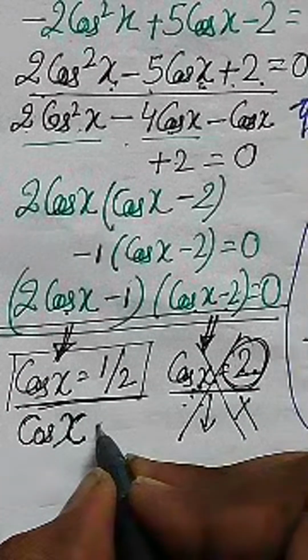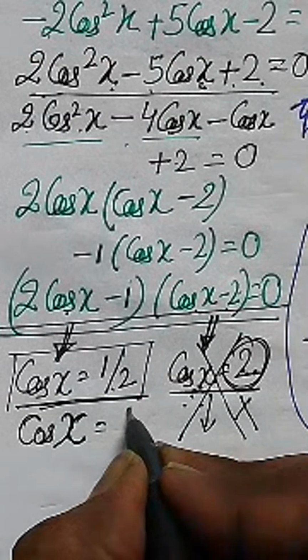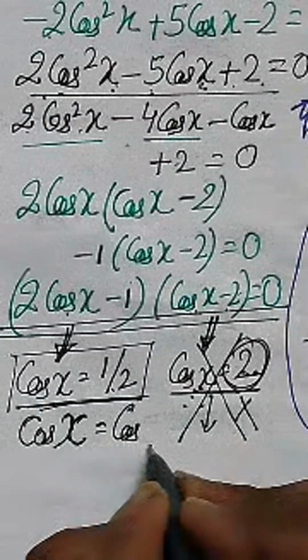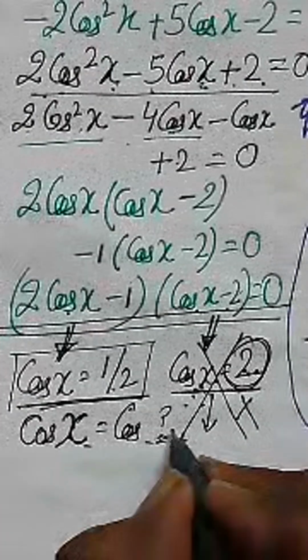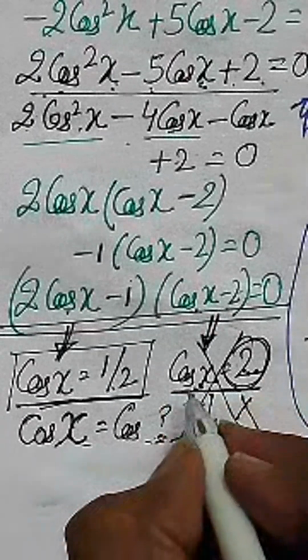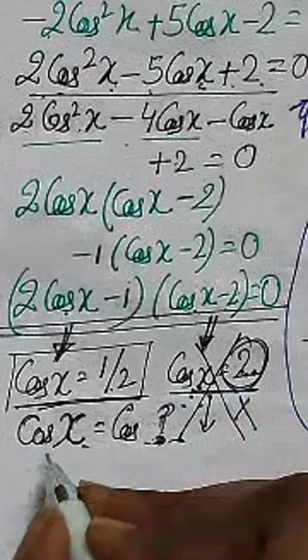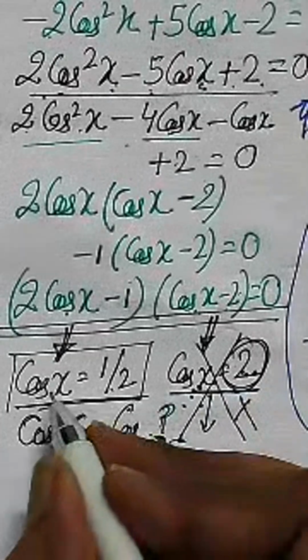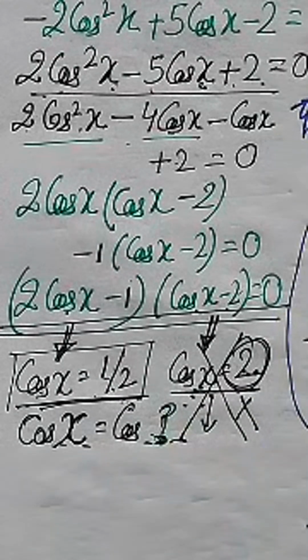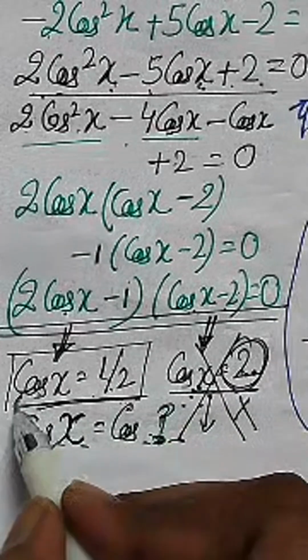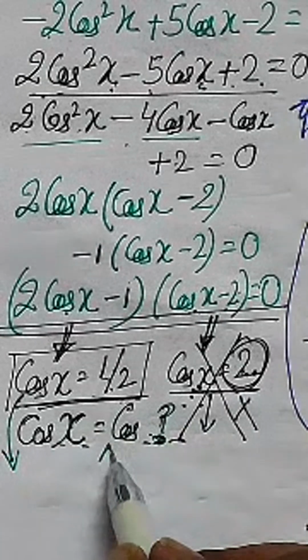So cos x equal to 1 by 2 will be happening for what value of x? That we need to find. What is the value of x that will satisfy cos x equal to 1 by 2, right? So just draw this diagram,